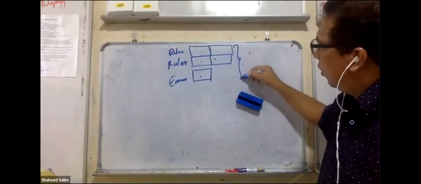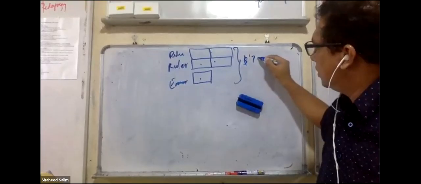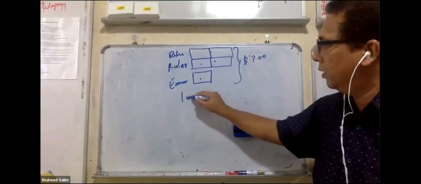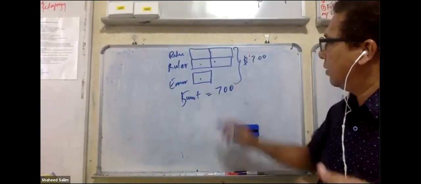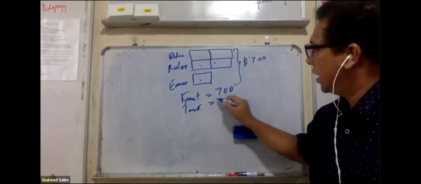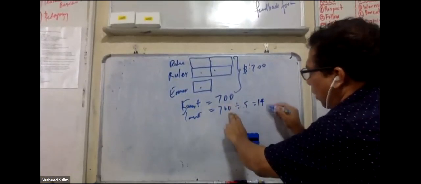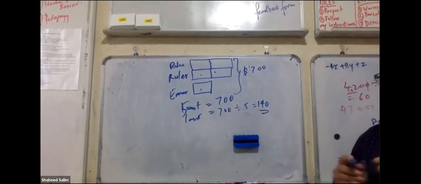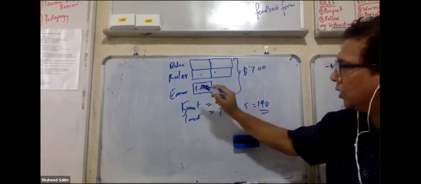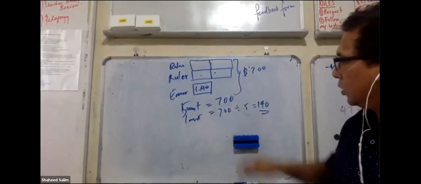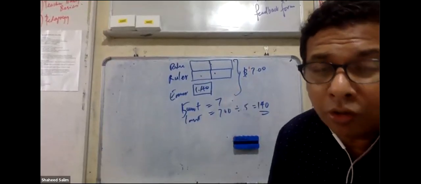So altogether they say it is $7. Why find 1 unit? You find 1 unit, divide by 5. Okay, so 5 units is $7 or 700 cents. 1 unit is 700 divided by 5. So 70 divided by 5, you get 14, so 140. 140 for 1 unit. And they ask you the cost of the eraser. $1.40. Change the 70 to 700. You can do it because you cannot use a calculator for this one.